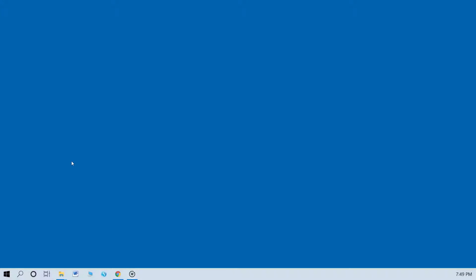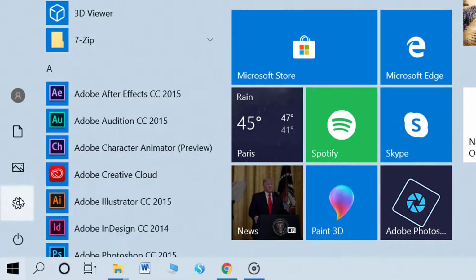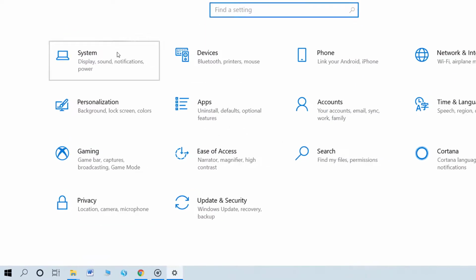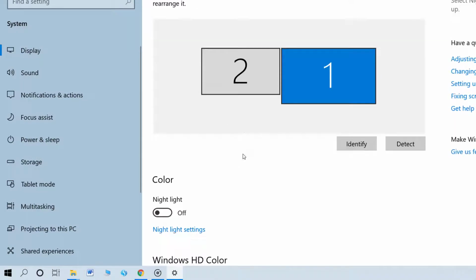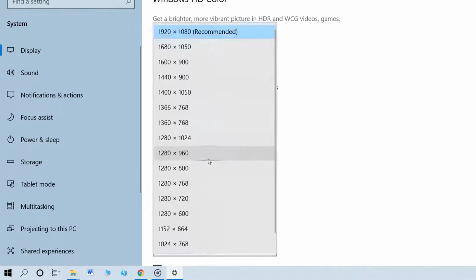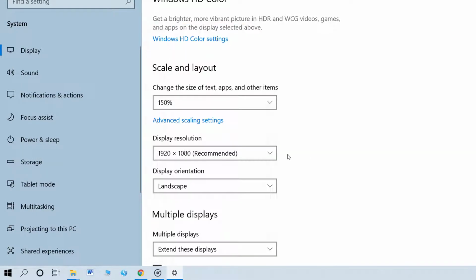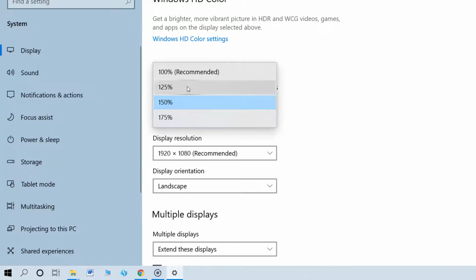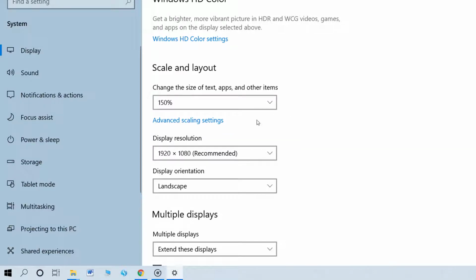You can change the size of text in the Windows interface to make it easier to read. Go to Settings, to the System category, to Display. Changing your display resolution affects the sharpness and quality of your screen, but can make the interface smaller. The scale percentage can help you adjust this, but it changes the size of all interface elements at the same